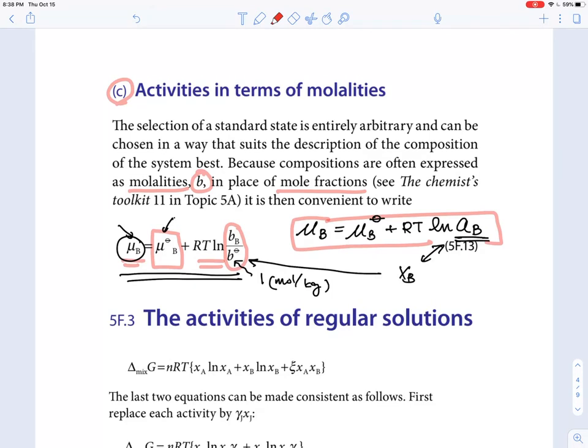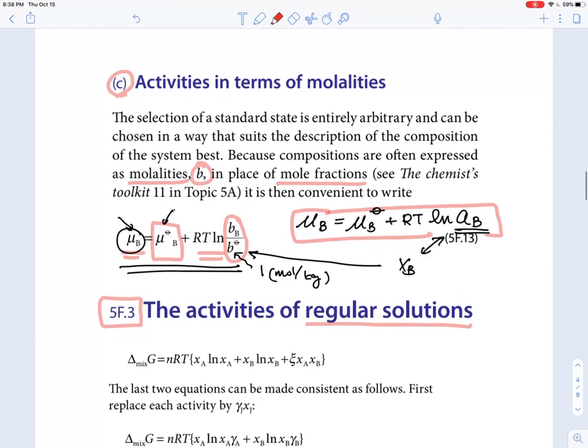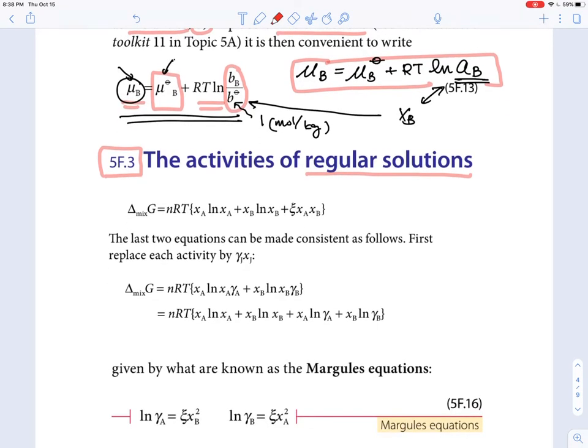So the final one that I want to talk about is the activities related to the regular solution, and that is actually related to the one that I discussed in the beginning of this recording. Do you remember that delta G mix can be described by this entropy of mixing, and this is the enthalpy component of the mixing, and that's how the regular solution delta G mix can be described. But now we are going to be a little bit more generic here, saying that okay, the mole fraction here